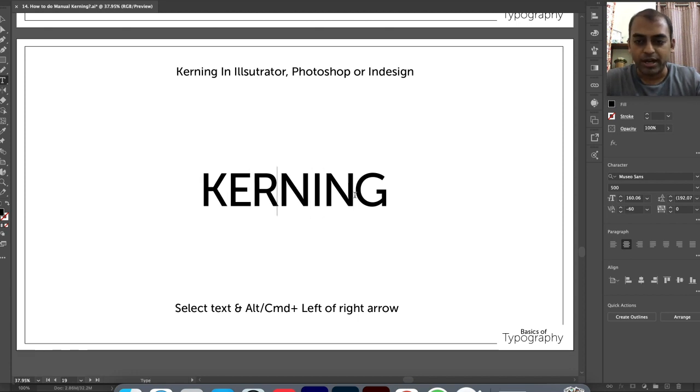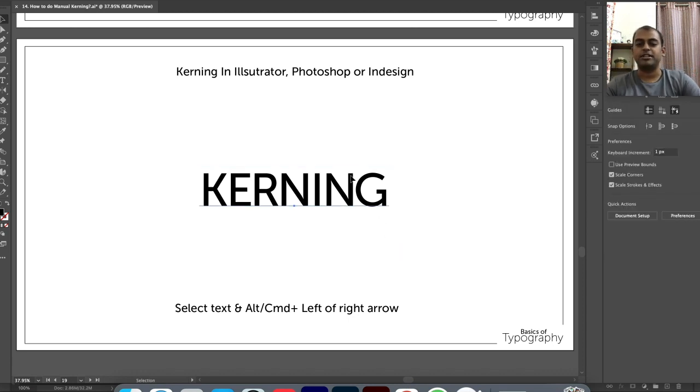And same for R and I, here the area is much lesser, so the spacing can be the same as that of N and G. And E and R, how to consider it? It should be considered the same as the N and I case, because the area of E seems to be on the larger side. Even though there is white space in it, the area still seems higher. So it is better you follow the same principle as N and I, and that's it. I think now the kerning looks much better.